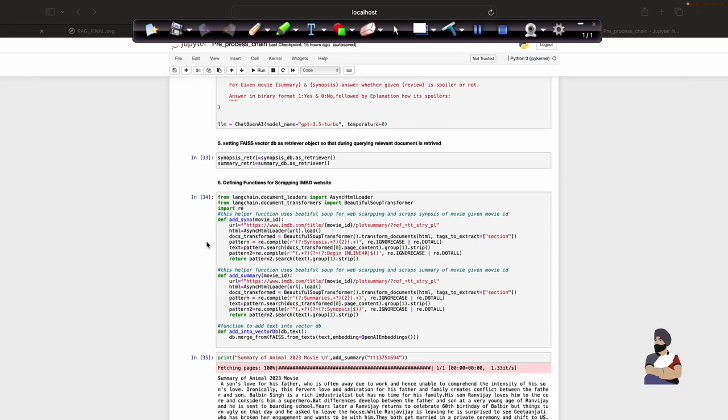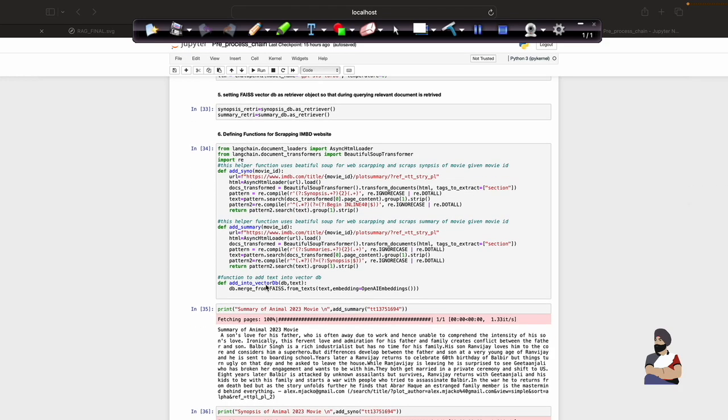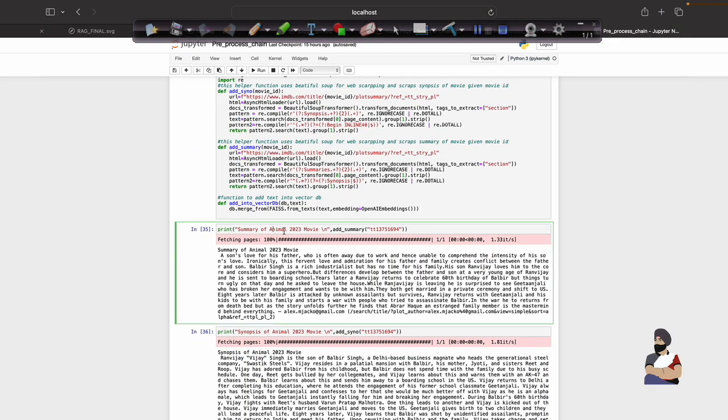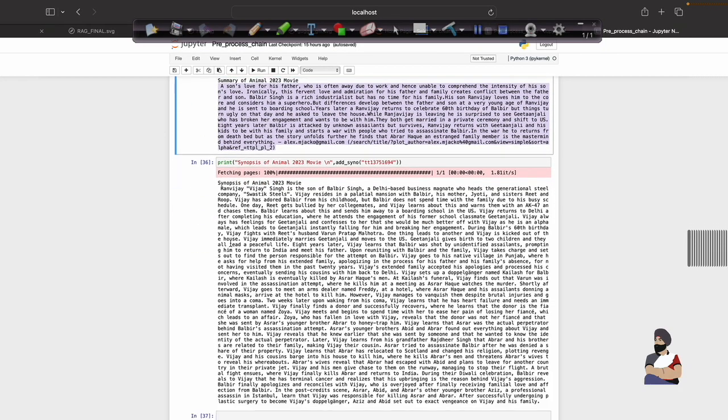And then for the real time scraping, I have written two functions. In this function, whenever we input a movie ID, it's going to scrape the summary and synopsis. So this one scrapes the synopsis, this one scrapes the summary, and this function adds that into the vector database. If we run this cell, it's going to scrape the summary of the Animal movie, which is quite correct, I think. And this is the synopsis of